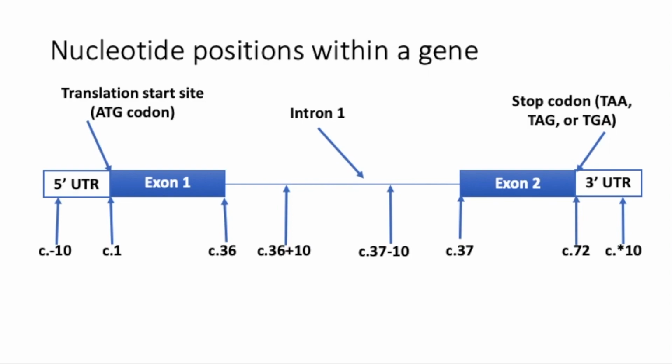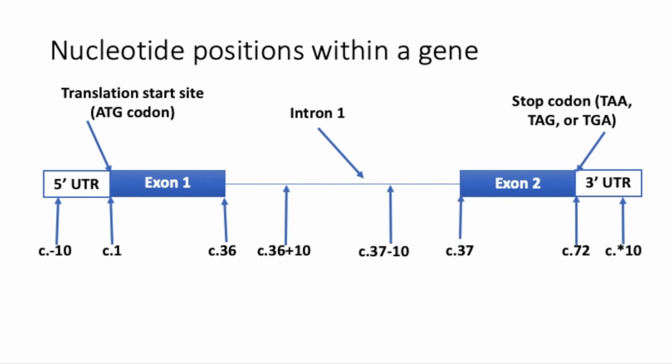This diagram illustrates the structure of a fictitious 2-exon gene to illustrate how nucleotides are numbered within a gene. The coding sequence of the gene is contained within the exons of the gene, which are separated by non-coding intronic regions. Transcription will start upstream of exon 1 in the region called the 5' untranslated region, or UTR, and will end in the 3' UTR region. After transcription, the intronic sequence will be spliced out. When the resulting RNA molecule is translated into a protein,